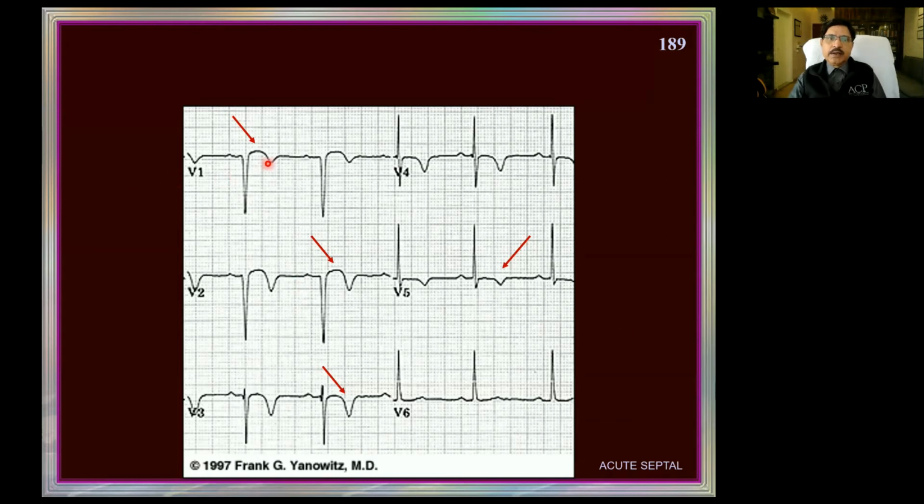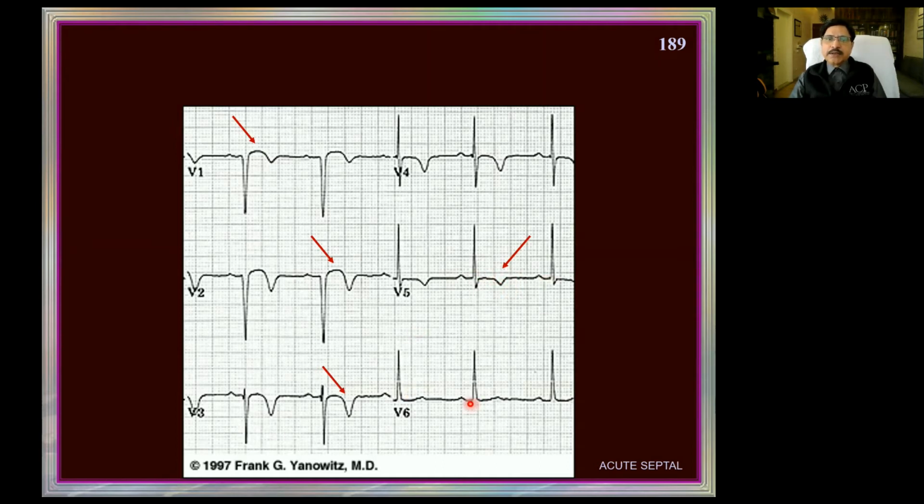I'm able to see a little ST elevation of 2 millimeters in V1, contiguous leads it is there. And there are deep symmetric cup-shaped T inversions in V1, V2, V3, and then V4, V5 also I'm able to see little T inversion, but the ST segment is rather normal in both leads. So these are the lateral leads, right? V5, V6 are lateral leads. It is not there except that there is ischemia. There is no injury because I don't see ST changes. There is no infarct. This part is spared.